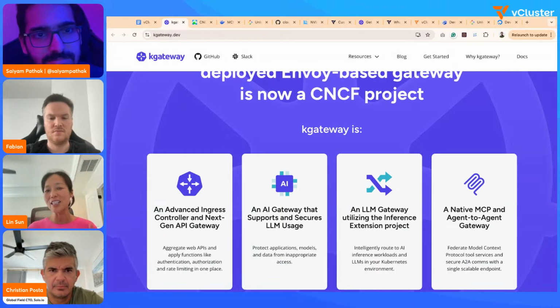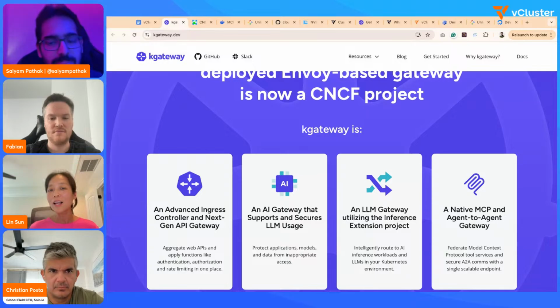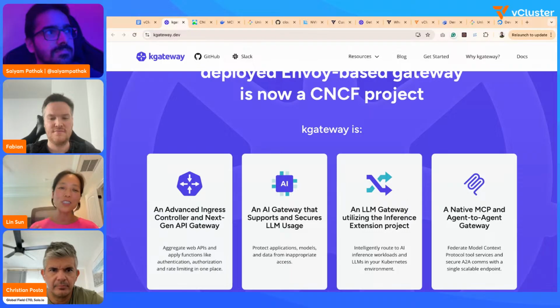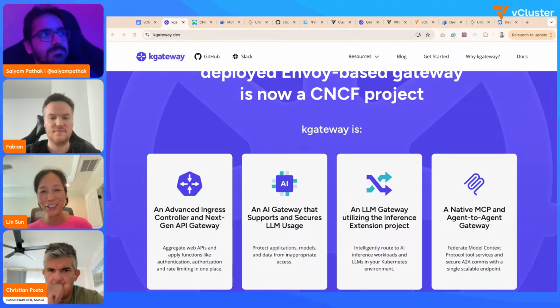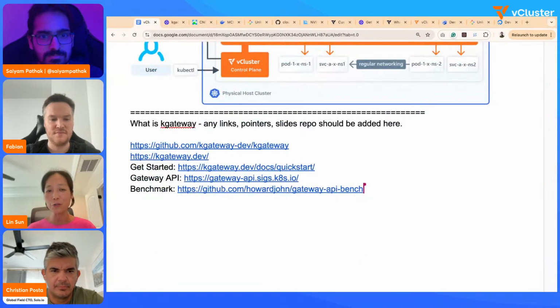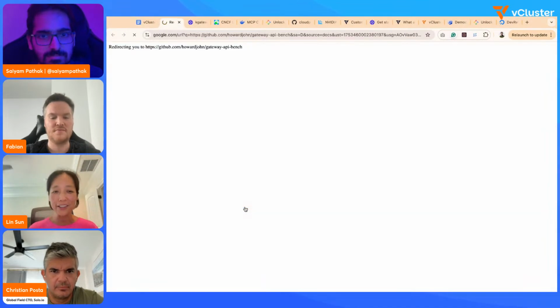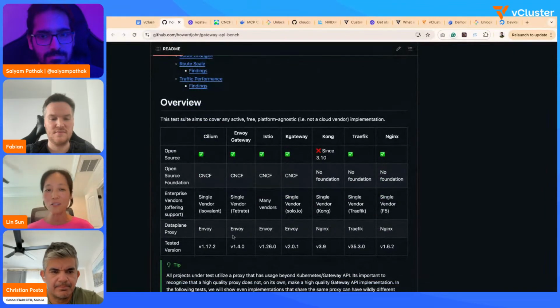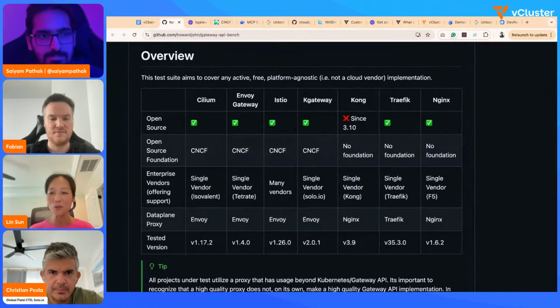All I want to say is it's a vendor neutral project in CNCF as a sandbox, and we're hoping to move to incubation very soon. It's very battle tested, with a lot of expertise working with hundreds of customers, some running at very, very large scale. We recently did a performance test. I also put a link in there, so you can check out the kgateway control plane performance, which is really good in terms of CPU, memory, latency, and everything. I'd like to pass the mic to Christian to talk about the AI stuff we're doing in kgateway, which is really exciting as well.